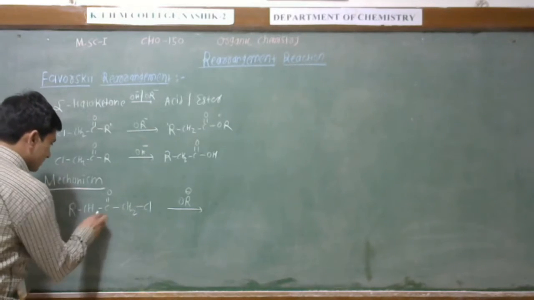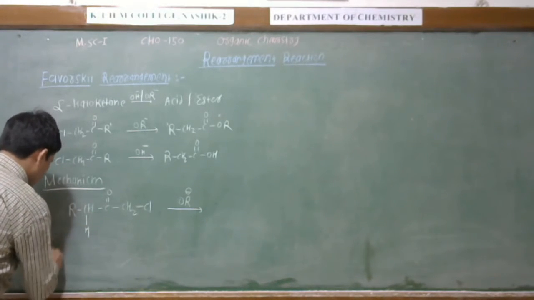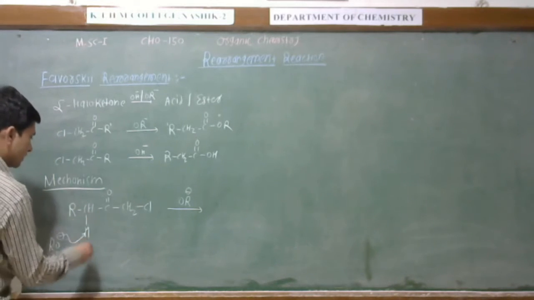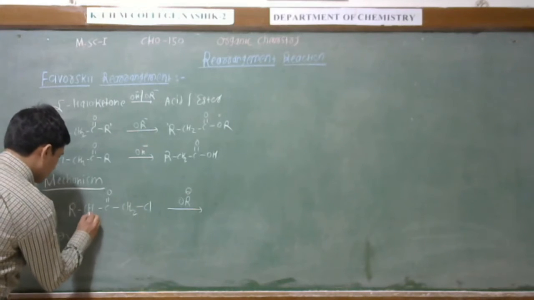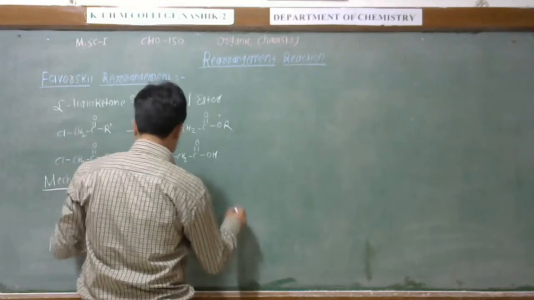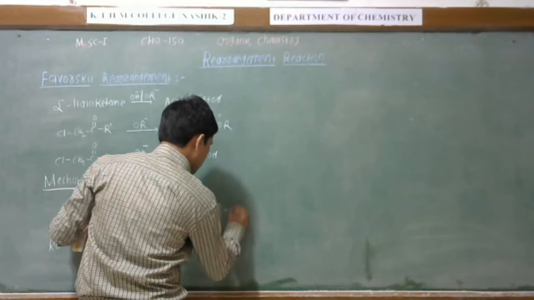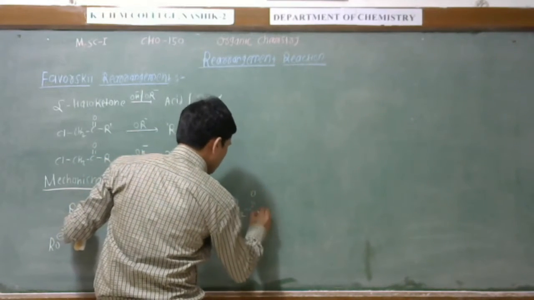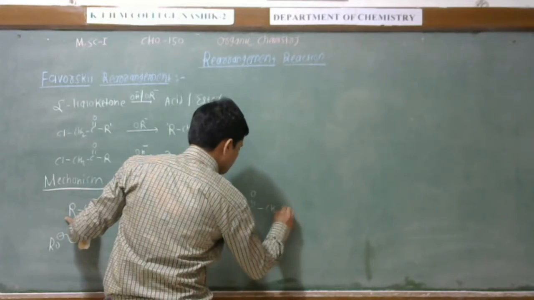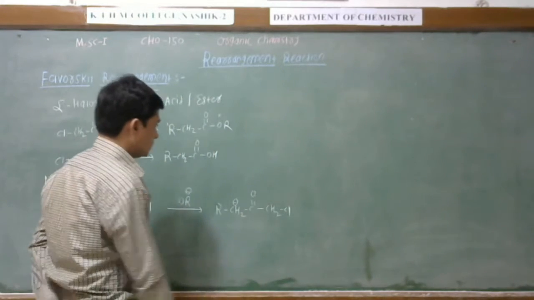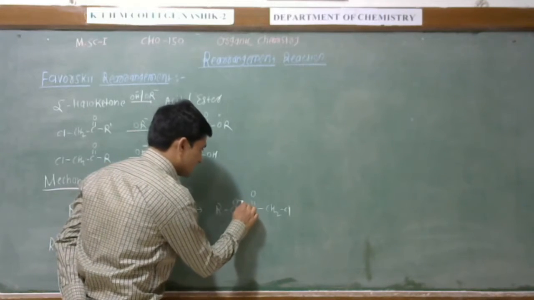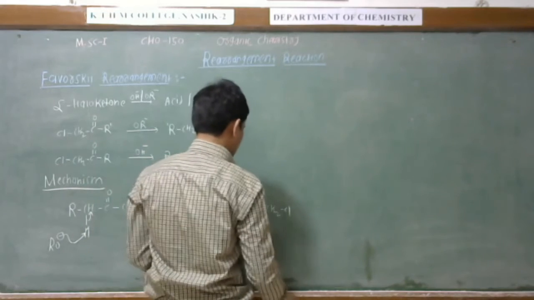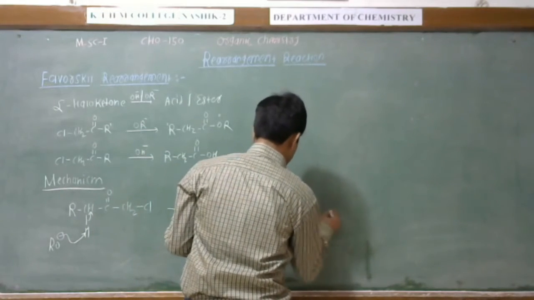Alkoxide ion takes this hydrogen from the alpha position. See, this is the alkoxide ion which extracts hydrogen from this alpha position, and here will be the formation of carbanion. This carbanion, see, this is RCH minus, this is C double bond O, this is CH2Cl. Now this carbanion is shifted here, and makes here the double bond. This double bond gets open, and we got here the enolate ion.